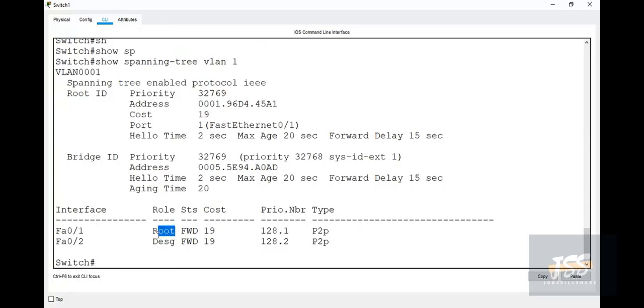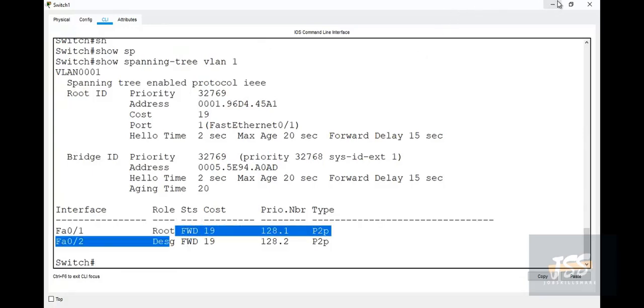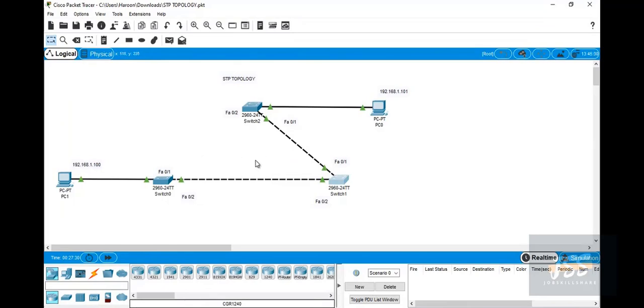Now we cannot see any kind of blocking or alternate port over here because we do not have more than one redundant path. So it means that there is no issue of looping till now. So you saw that this port is now green. This status is green because there are no longer redundant paths in the network. This is the main reason this port is now forwarding frames, because there is no more than one path now.